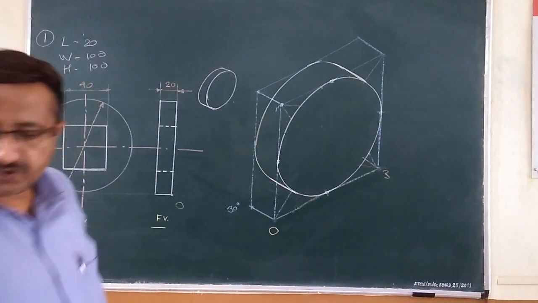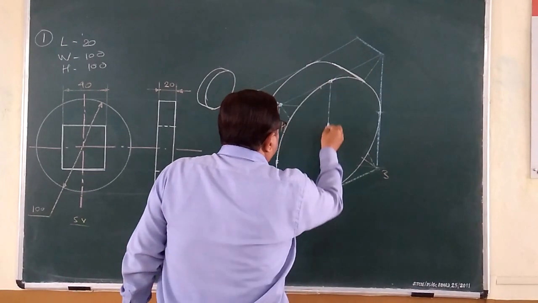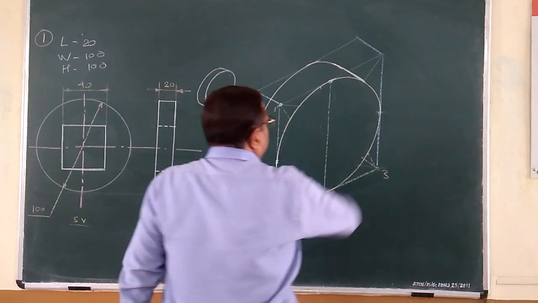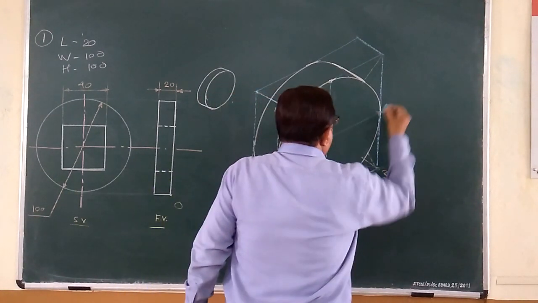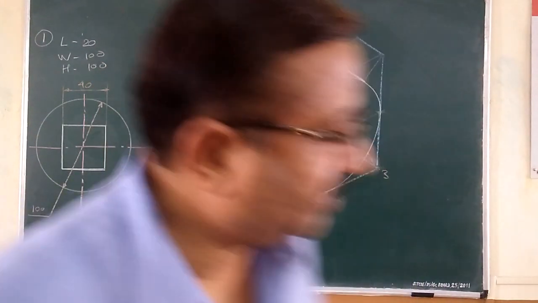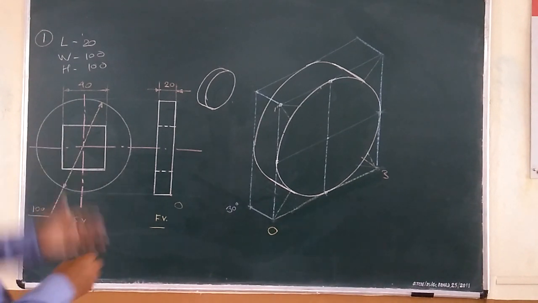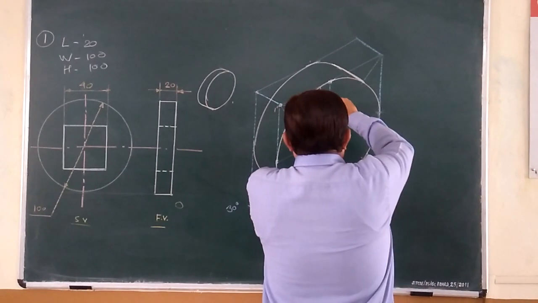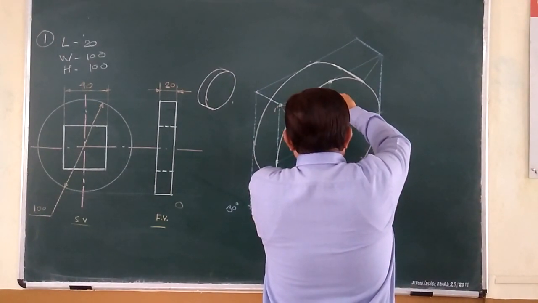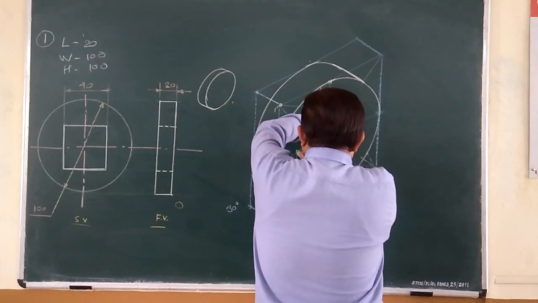This square hole, I have to locate centrally there. Simply, I have to connect these opposite midpoints of the sides in this way. Similarly, the right 30 central line. Here we will get the center point. Now 40 by 40 square hole. So 40 up, the same distance, picking the compass: 40 up, 40 right, 40 down, 40 left.